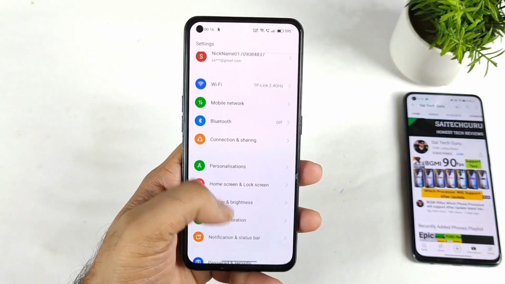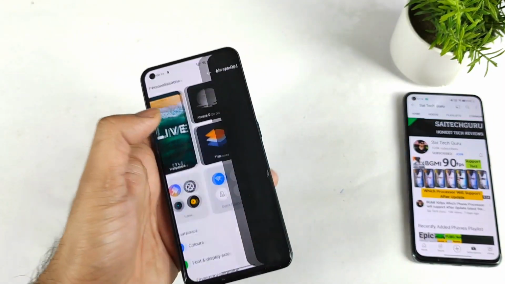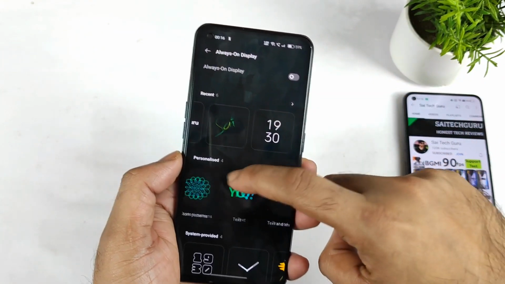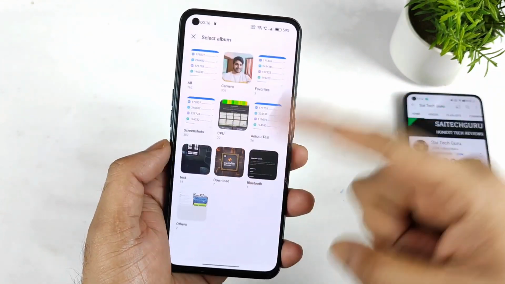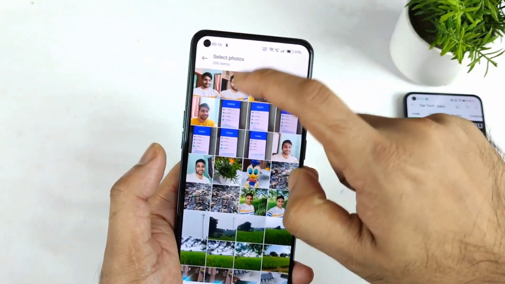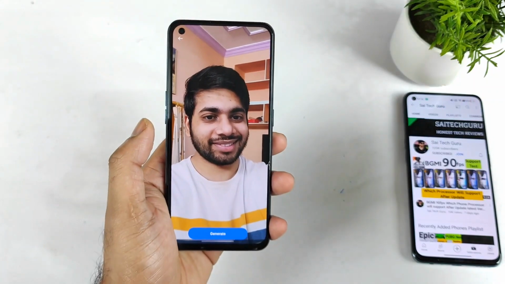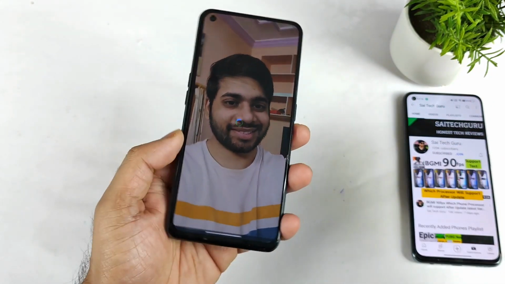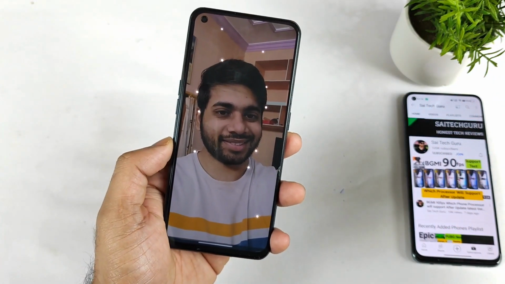display, which is available in the personalization. So in this always on display right now, you will be able to add your own portrait selfie. As you can see, portrait type of always on display right now. Let me just select one of my images, maybe this image I'll try to select, and right now it will try to generate. As you can see friends, right now this is always on display, and this is another